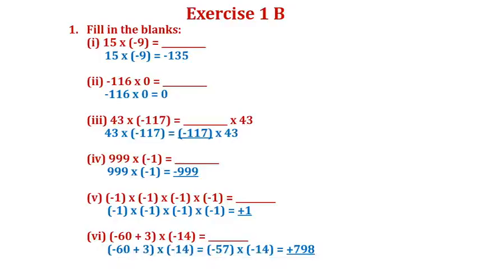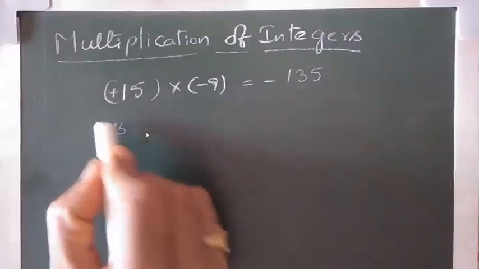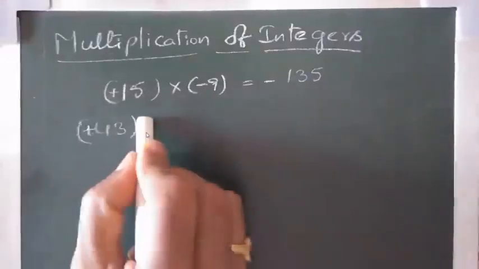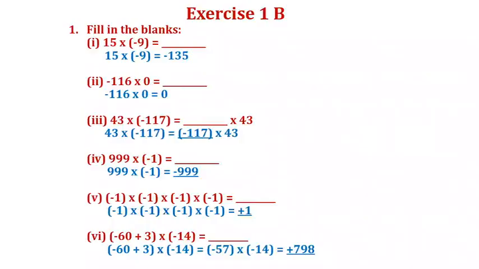Okay, so next going to the second problem. 116 minus 116 into 0, it's 0 only. You know that if you multiply anything with 0, you will get 0. It's very easy. Next going to the third problem. 43 into minus 117. See, plus 43 into minus 117 is equal to dash